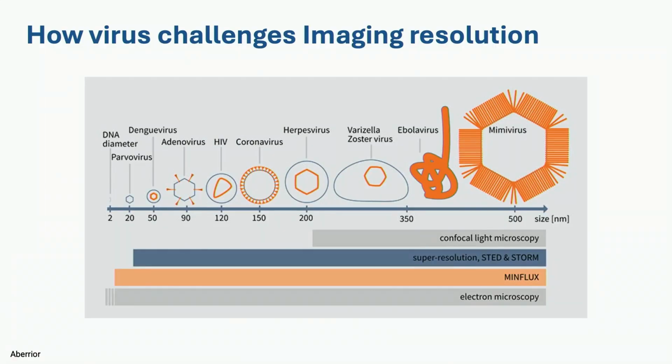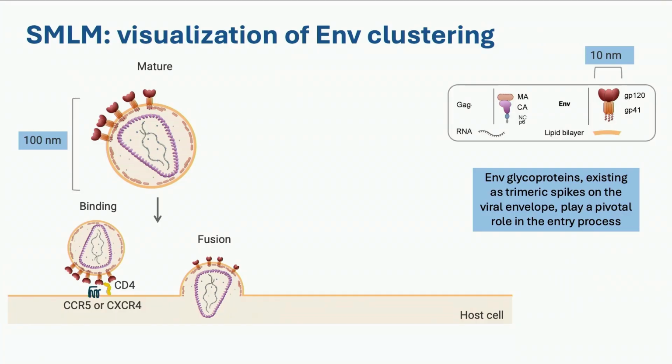But going back to the viruses, just to give you an idea of the scale of the different viruses that are there, if you want to study Ebola virus, you are good with a confocal microscope, but if you want to have some details of the coronavirus, or HIV in our case, or a dengue virus, you need to go down and use these super resolution techniques, okay? So HIV, I will treat it as a sphere of 100 nanometers, which is decorated with these proteins, what we call envelope